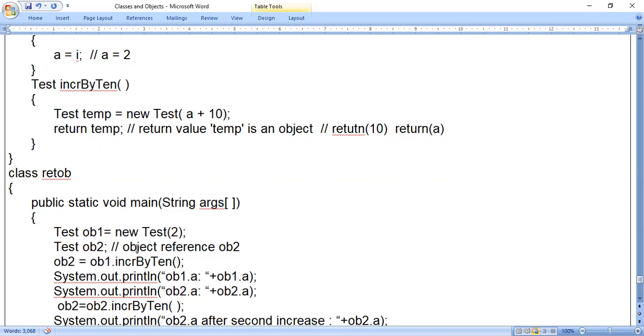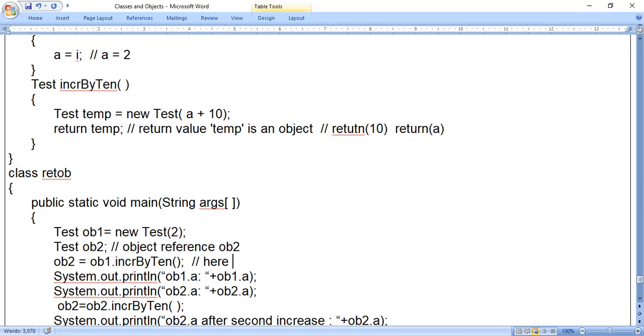In one of the classes I said that when you look at a statement of the type object dot method, the object used before the dot is the invoking object. So you have to remember this term.